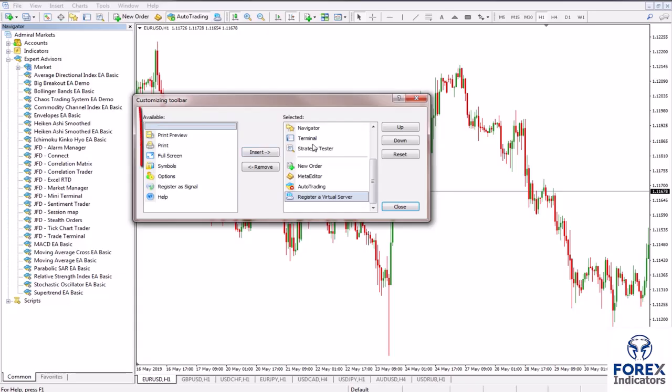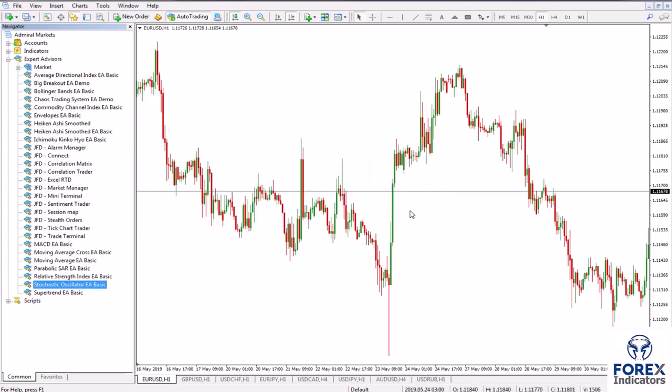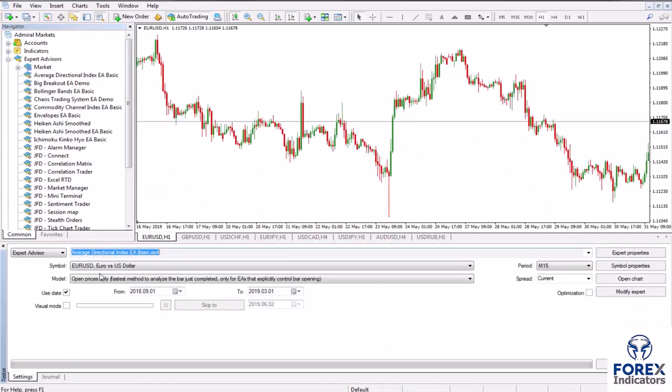If this option is located in this left available part, move it to this right selected part and then click on the Close field. Okay, since it's already in that part, I'll close this window. I will click on the Strategy Tester field. A new section will appear at the bottom of the platform where we will enter the parameters for testing Expert